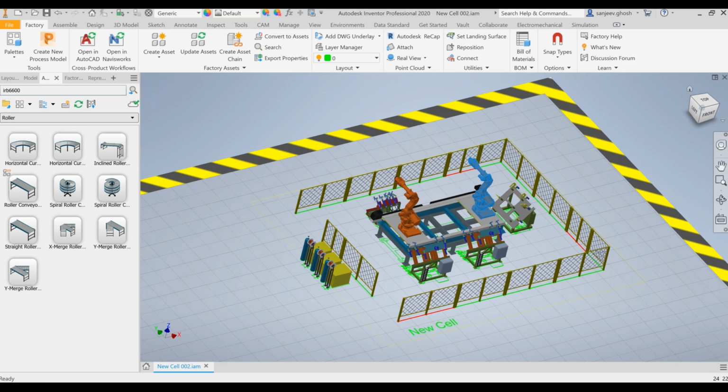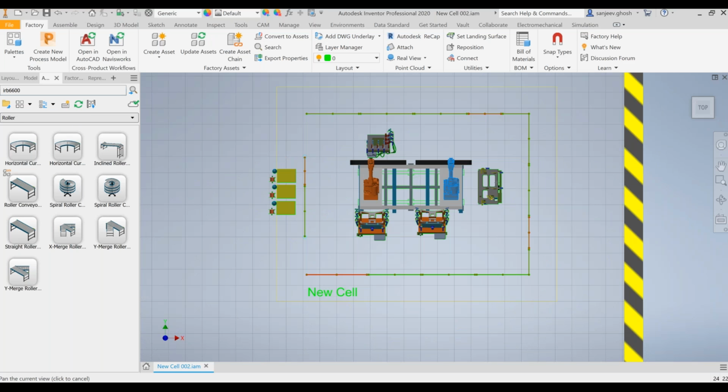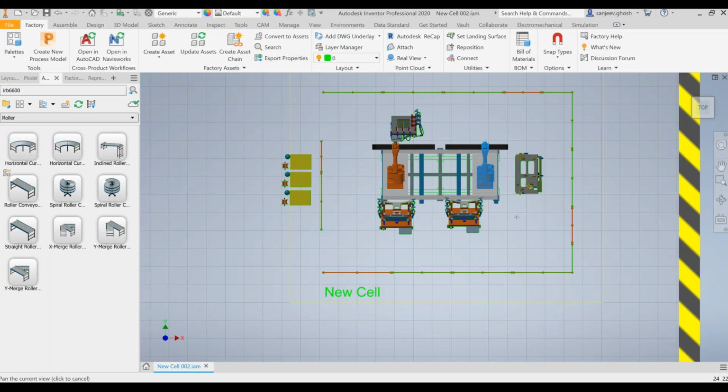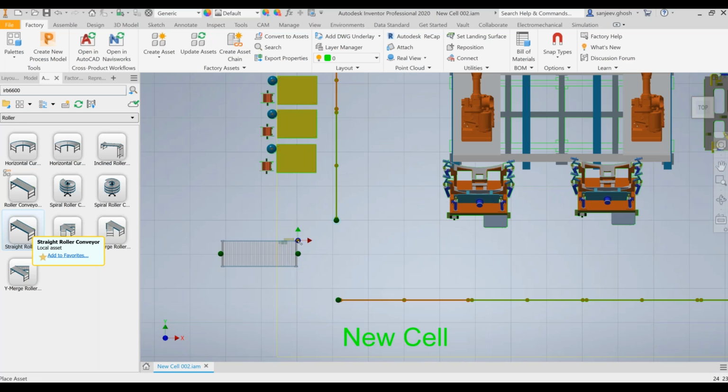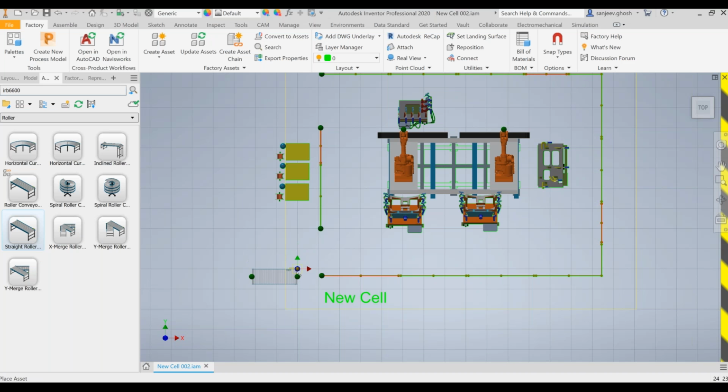You may work in any orientation here, and I am good at working in AutoCAD, so I would rather look at a workflow that is similar to AutoCAD, and I am placing this object here, which is the conveyor. And just like in AutoCAD, I can snap. I'm pressing the control button on my keyboard and ensuring that my asset sticks to various grid points. Now, of course, I can use some of these tools to align and move,